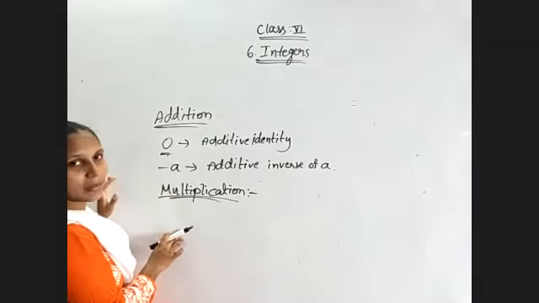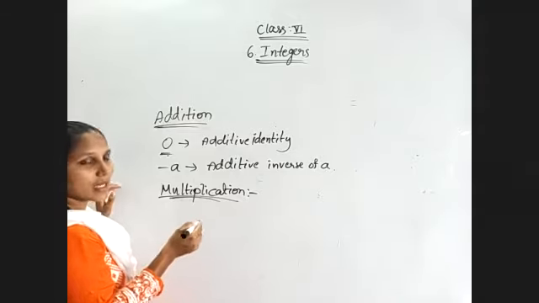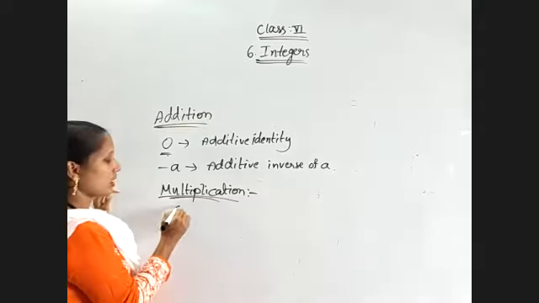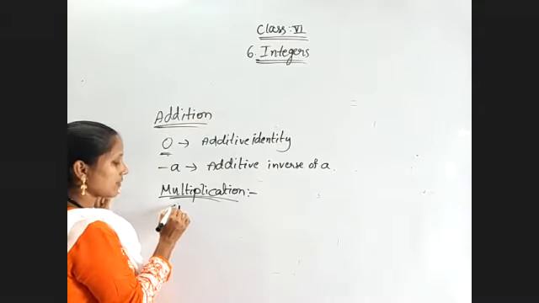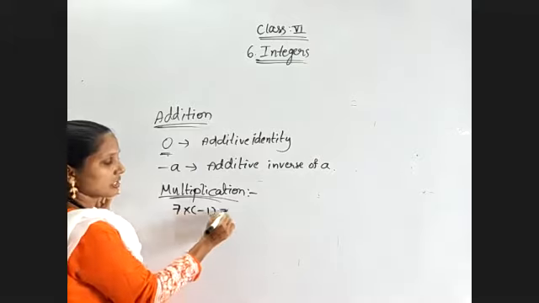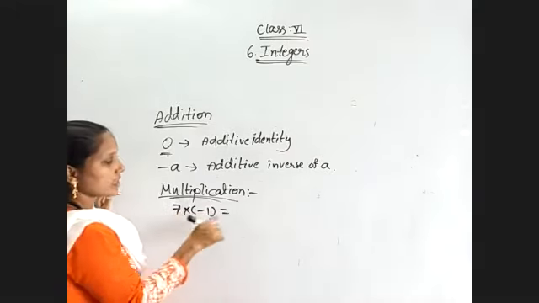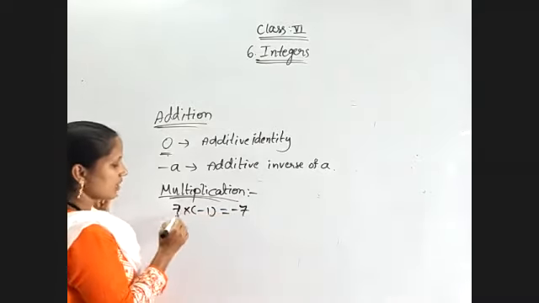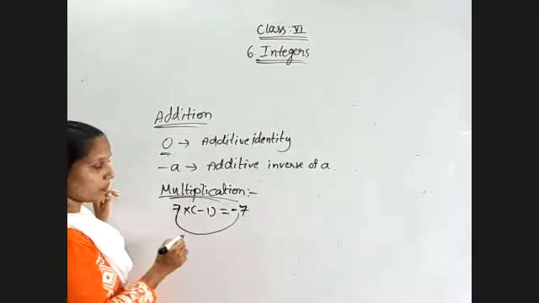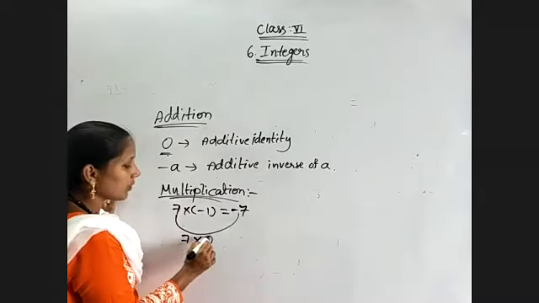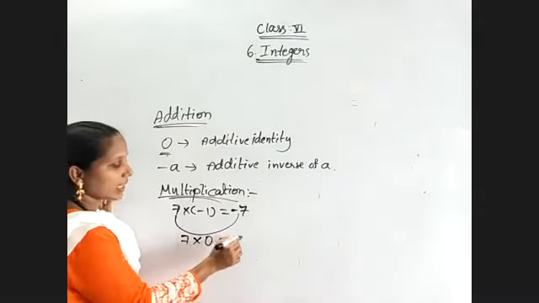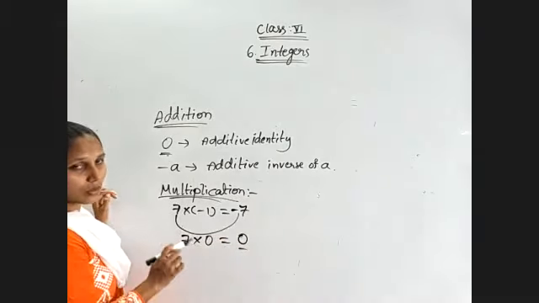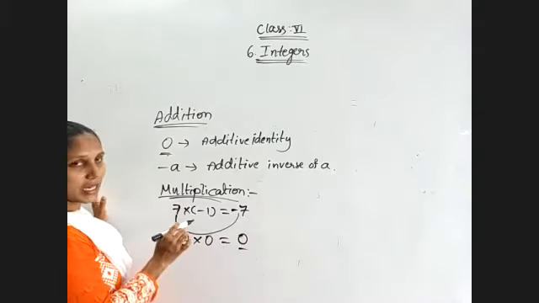Now coming to the multiplication. By multiplying which number are we getting the same number as the result? Suppose I am taking whole integers only. Suppose I have 7 into minus 1. That's a negative integer I am saying. So 7 ones are 7. But here a negative number is there. So plus into minus, minus 7. 7 and minus 7, are they equal? No. Then 7 into 0. So if 0 is multiplied by any number, we will get 0 as the result. Means we are not getting 7 as the answer. So 0 is also not the multiplicative identity.